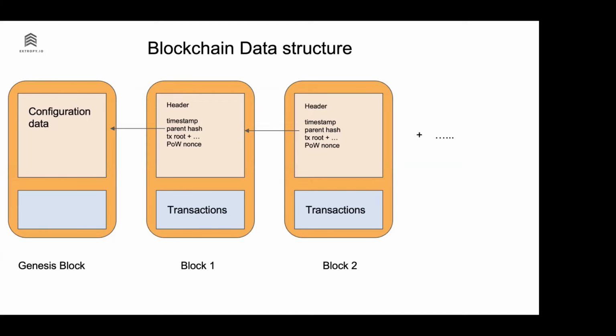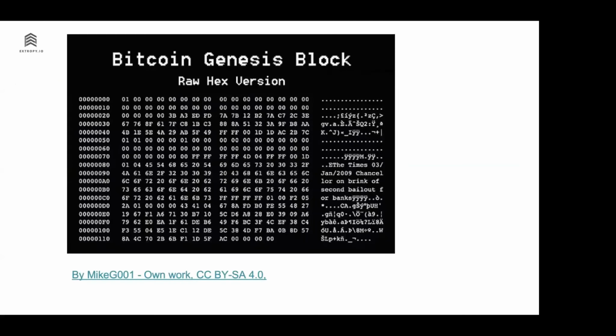Each transaction is independent, and that's just one genesis block, but there are many transactions. And speaking of the genesis block, this is a copy of the Bitcoin genesis block. So you can see it's just a block of data. But what's interesting is that